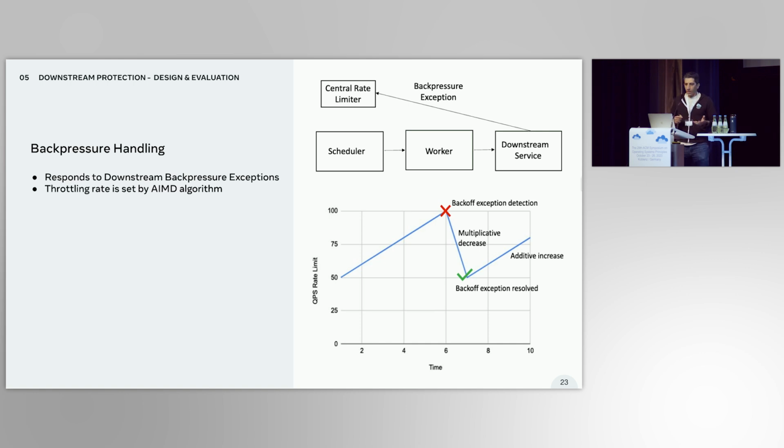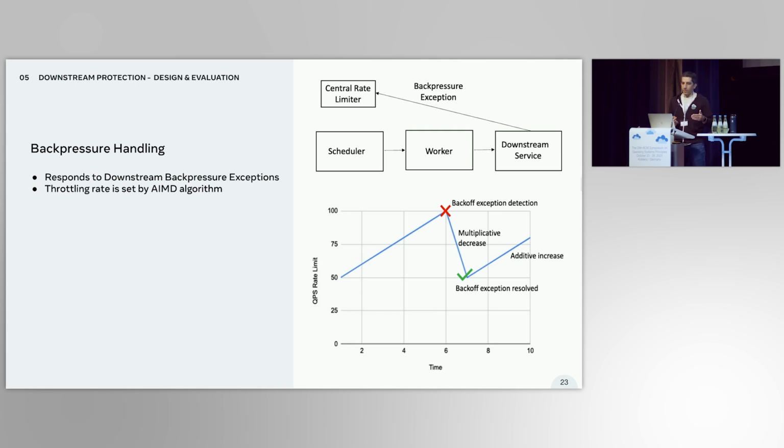Now, switching gears, I want to talk a little bit about our downstream protection features. The main feature we have in this area is back pressure handling. This feature relies on the signal that comes from the downstream services in the form of back pressure exceptions. The central rate limiter continuously looks at these exceptions, and once they hit the pre-configured thresholds, it engages an AIMD